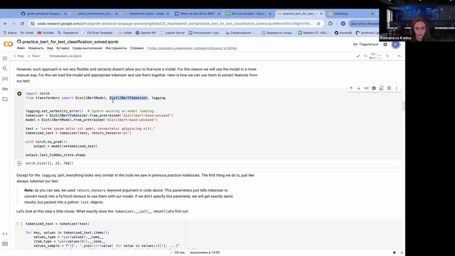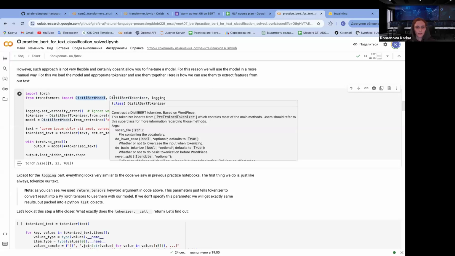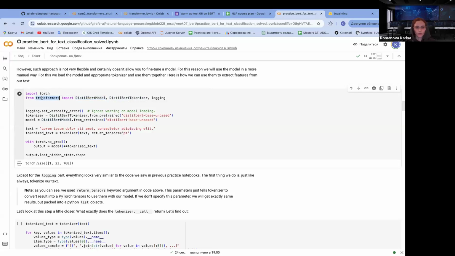Here we see the tokenizer. It tokenizes the input text into tokens that the model can understand. Here is the class of the model. This is the pre-trained BERT model without the final classification head. If you're interested in how these classes look, you can go to the source code in the Transformers repository, where there are a lot